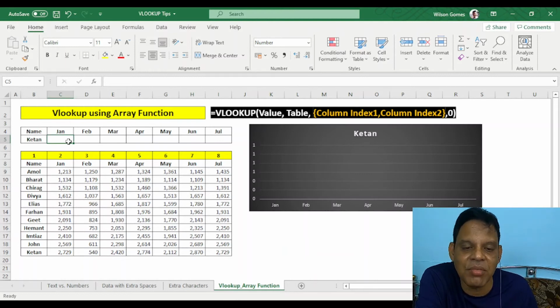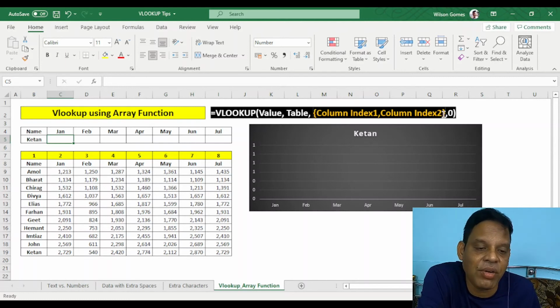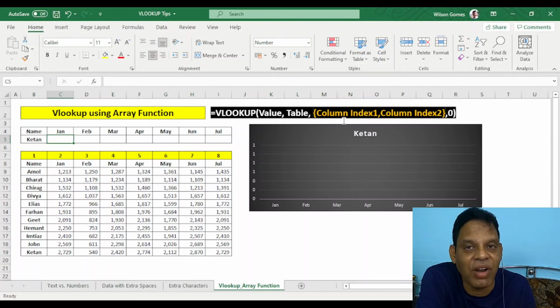I will use some additional thing. This you can see which is marked in yellow, one curly open bracket, same way curly close bracket, where I have to put columns, whereas earlier in standard syntax we used to put only one column, fourth column or fifth column, but I will do all at a time together.